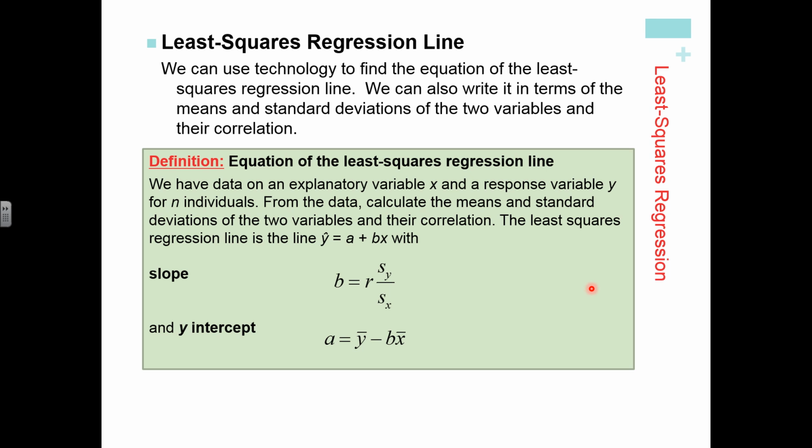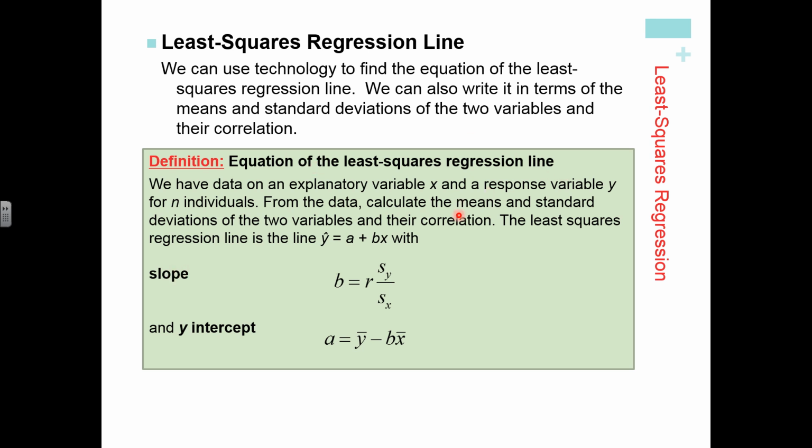Alright, so we can actually find our least squares regression line on the calculator if you have your data set. You go to stat, edit, and you put the data in. But oftentimes you don't have the data set, and all you have is some values or some statistics they already gave you. You can still figure out your least squares regression